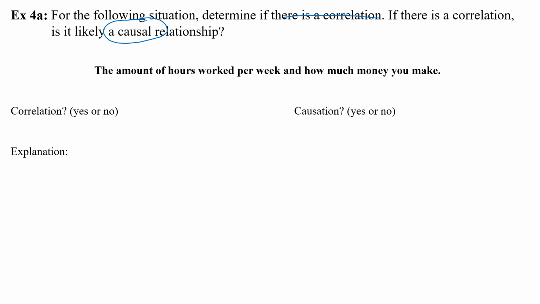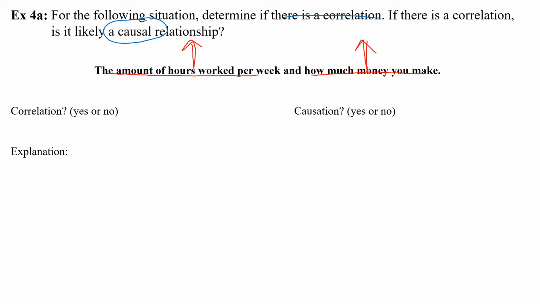All right, so the situation we're looking at here is the amount of hours worked per week and how much money you make. So we're assuming the amount of hours you work is going to increase, right? Maybe you're only part-time, you're working 20 hours a week, you get promoted to full-time, now you're working 40 hours a week, so that increases. How much money you make. If I go from working 20 hours to 40 hours, obviously the amount of money I make is going to be more, right? That is, of course, if you're making an hourly wage,